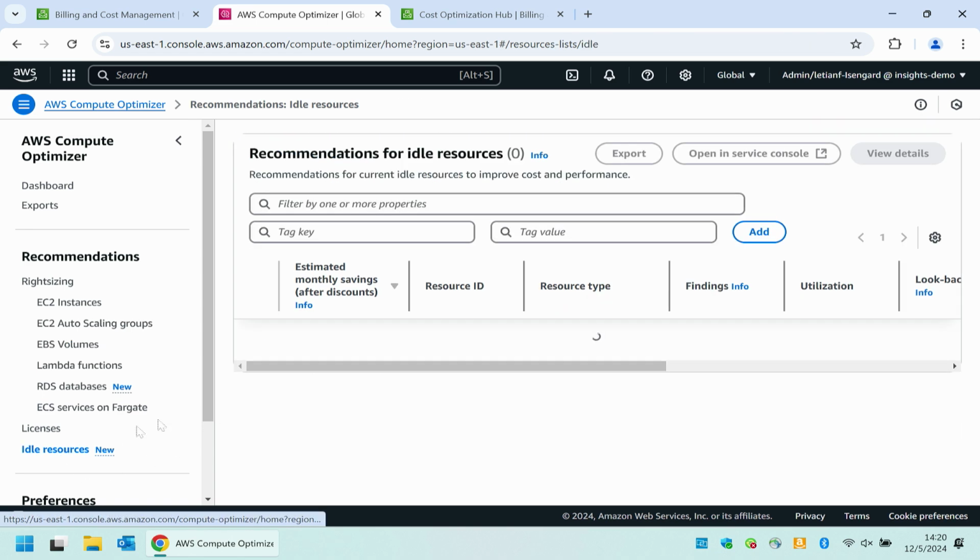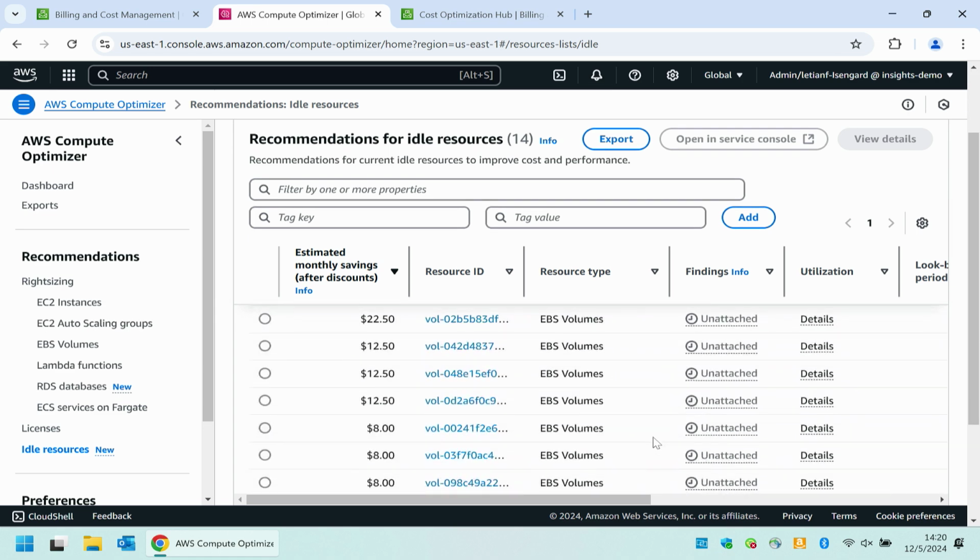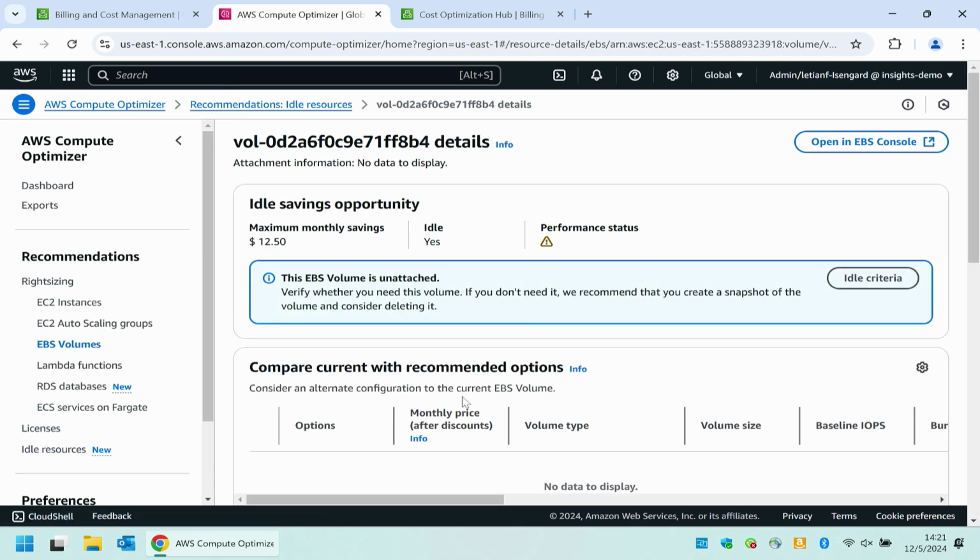When you go to the summary page and you see the findings, you'll see some are idle and some are unattached. And so you'll be able to figure out which of these are very obvious cleanups and which are not. And if we go into a specific volume here, it says, hey, this is unattached. Make sure to snapshot this volume and consider deleting it, right? So you're giving prescriptive guidance to your engineering teams on what is the action necessary to clean up this idle